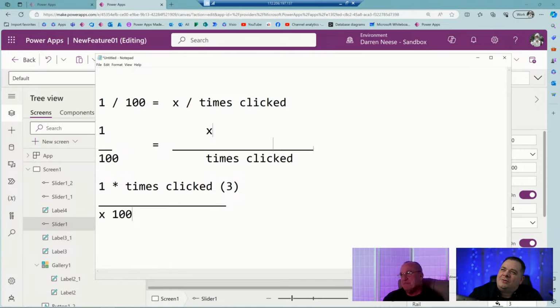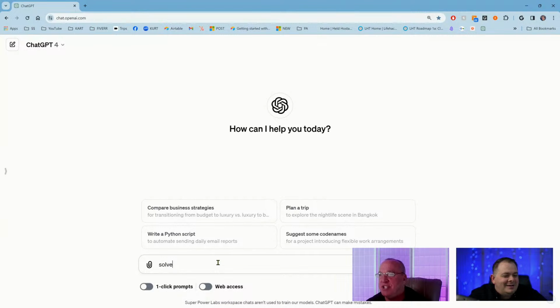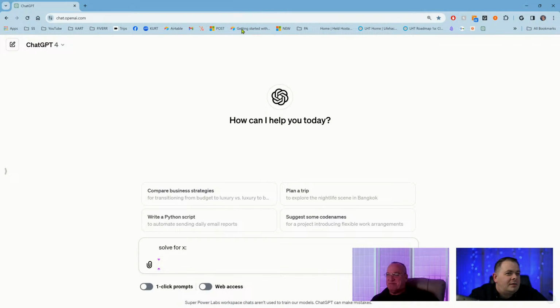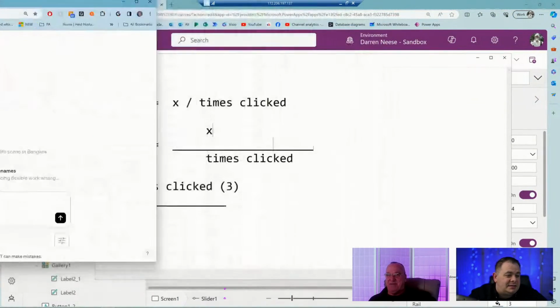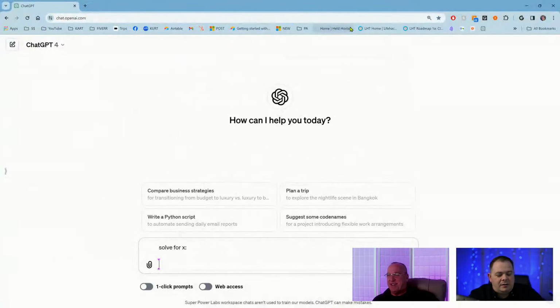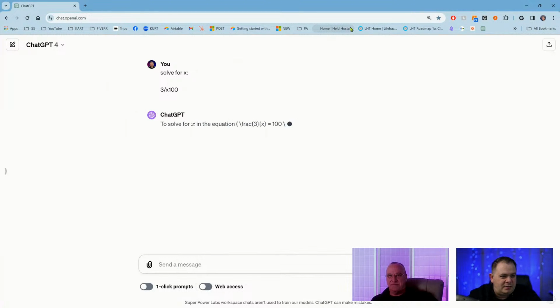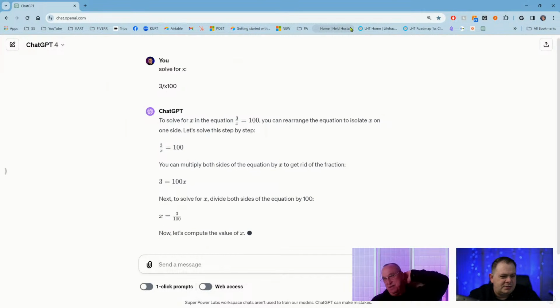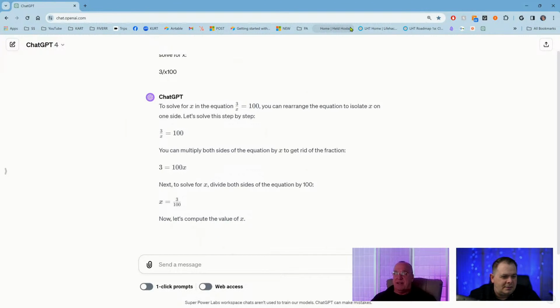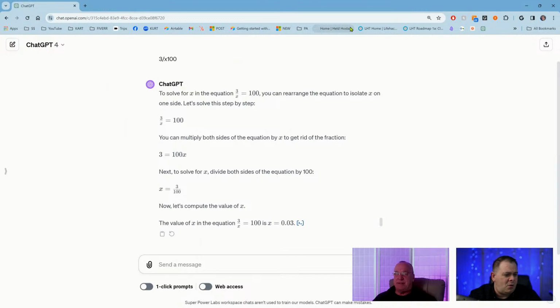So I'm gonna tell ChatGPT here to solve for X. I like it. I just want to know how you're going to tell ChatGPT to do this. That's going to be interesting in itself. Or I could just tell it what I'm trying to do, and it'll probably just tell me. So I've got 3 divided by X, 100. But I'm sure I'm not thinking about it right. Something seems wrong. You rearrange the equation. 3x, wow, look at it go. 3 over 100.